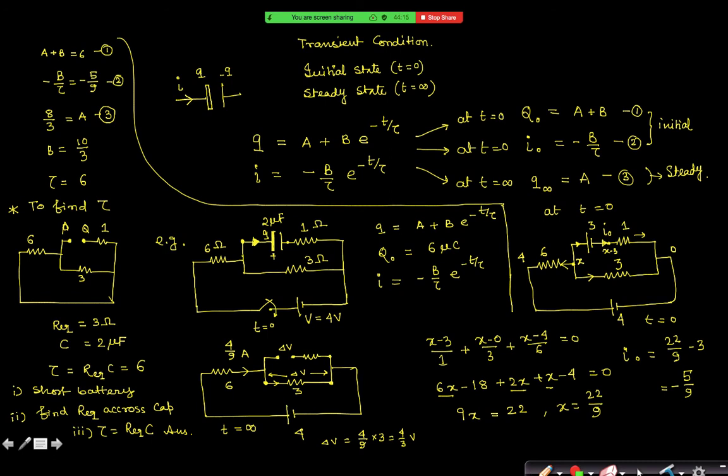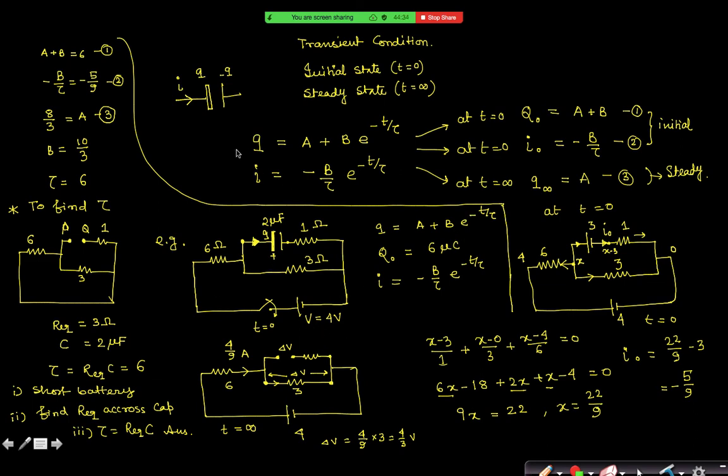So avoid questions with more than one capacitor, even if they appear by chance, rarely. If you get one question where more than two capacitors are there and they are not symmetrical, C1, C2, C3 anything, then